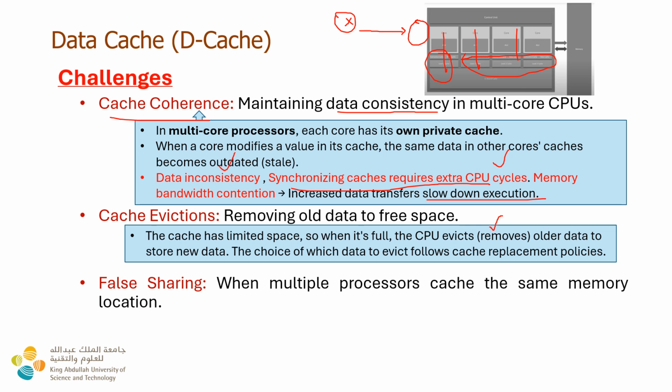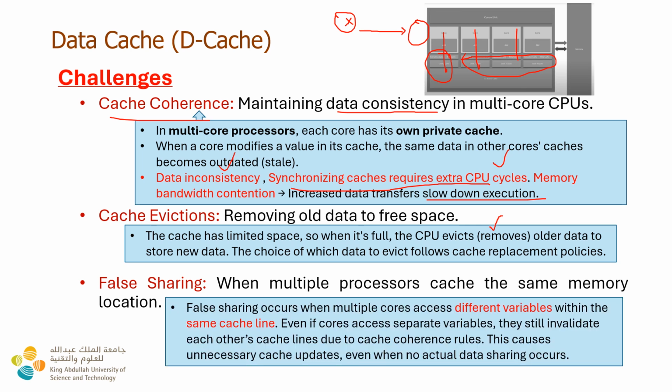To handle this issue, we need some heuristic replacement strategies to improve the efficiency. Another one is false sharing. When multiple cores access different locations, different variables within the same cache lines, even